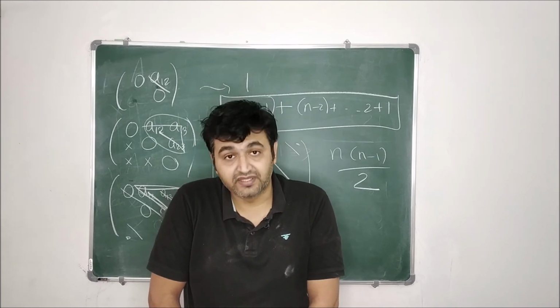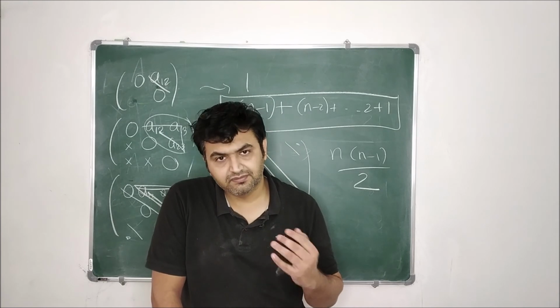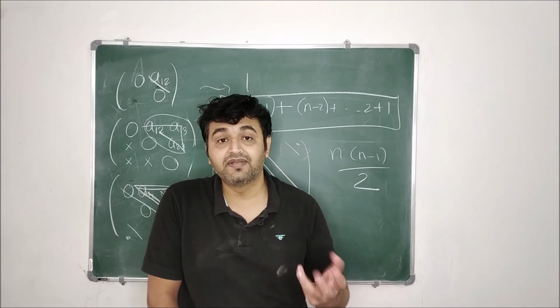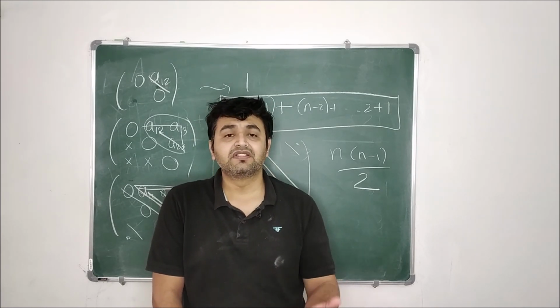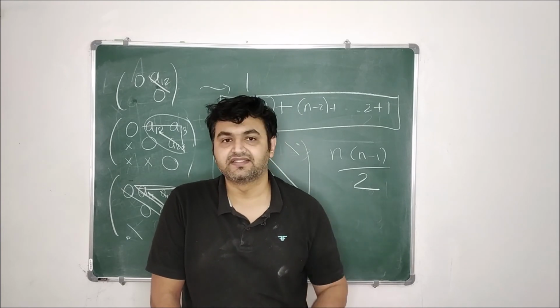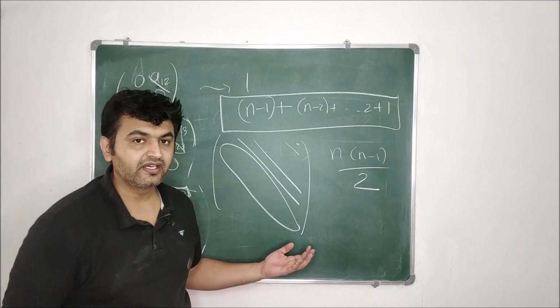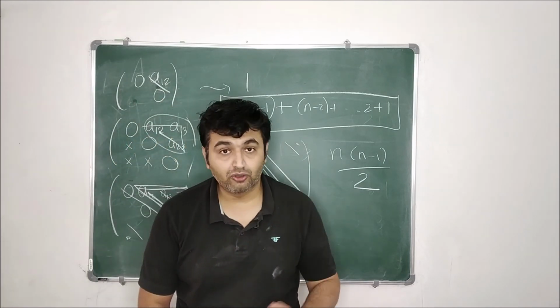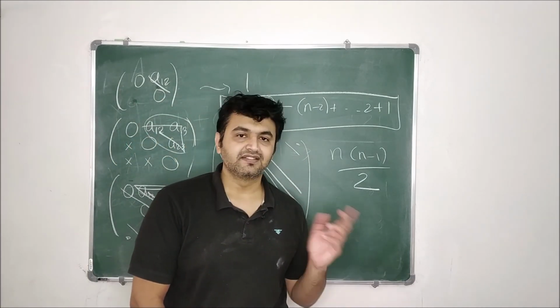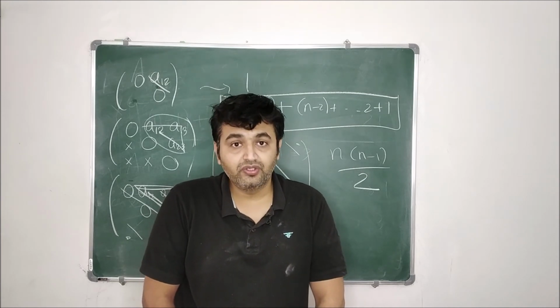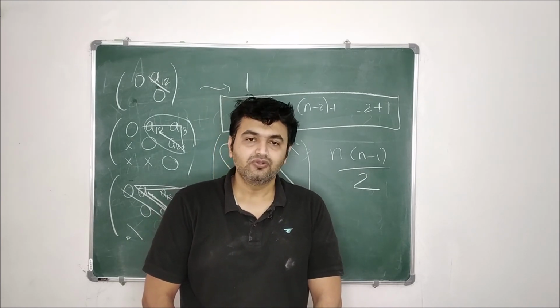So here, by looking at the number of independent entries, you can directly find the formula for the dimension of a skew symmetric matrix. But the earlier one is much better because there you are finding the basis as well. And what is the dimension? The number of elements in the basis set. Okay, so when you want to do fast computation, this is a good technique. But when you want to know what the basis elements are, then yes, the previous method is a much better, concise and precise way to solve.